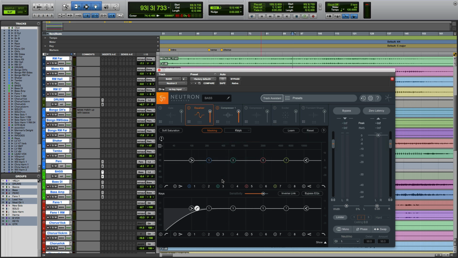So clearing away low-end content from instruments that we don't always associate with low-end is crucial, because in sessions with heavy track counts, these bass light instruments can pool together and lead to a really muddy mix. So open Neutron, check for masking, clear it away to help mitigate against this effect.